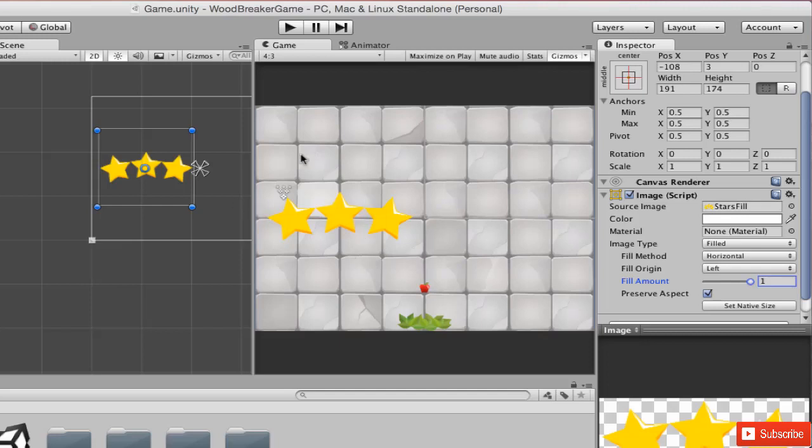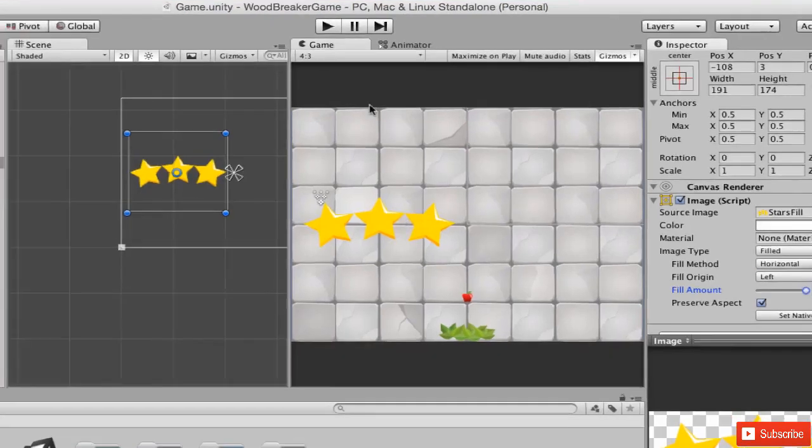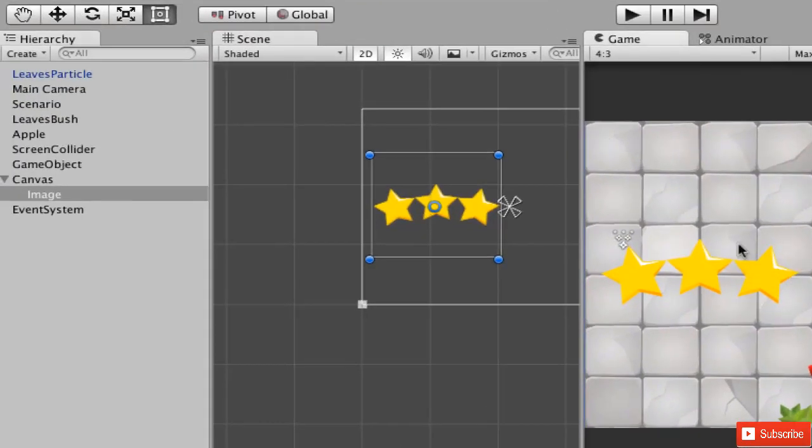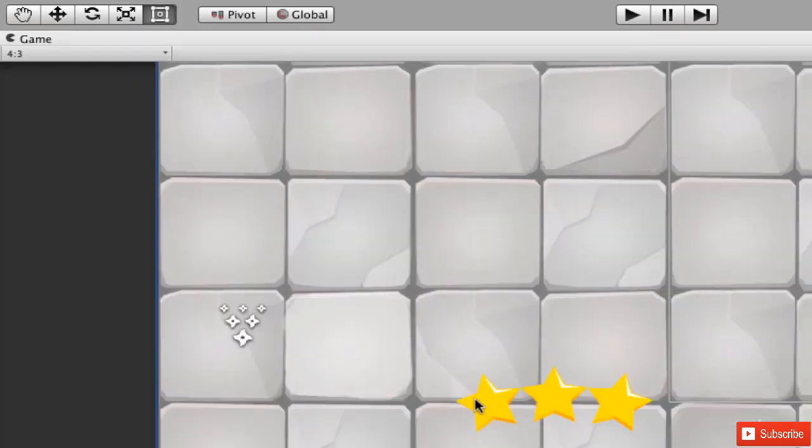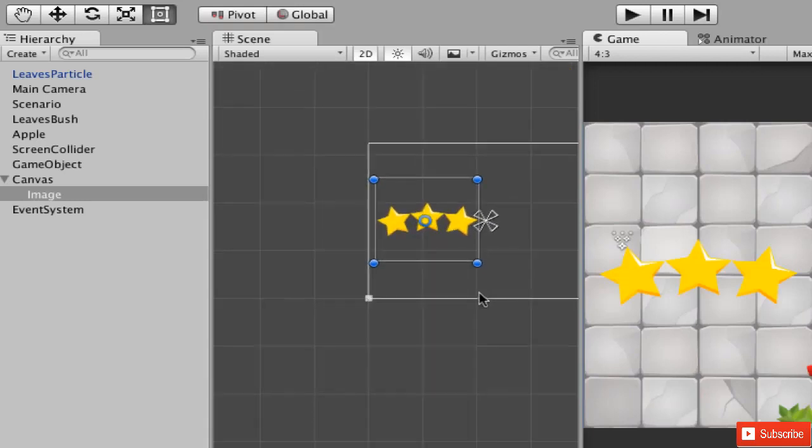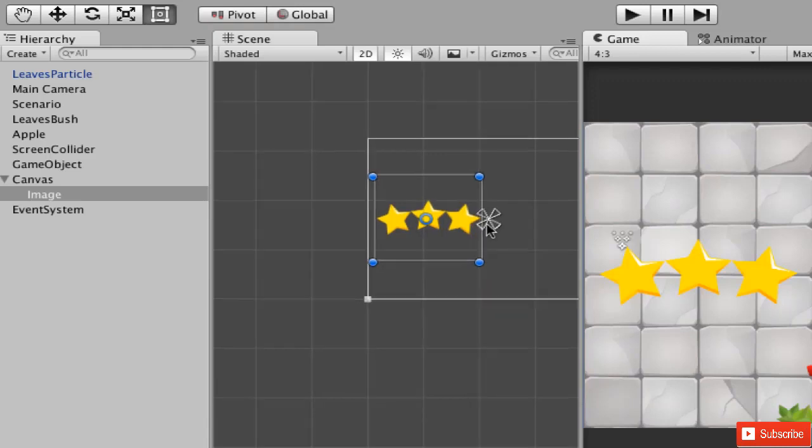For example, it looks nice for this size of the screen that I have here, but in case I put this on full screen by putting my mouse cursor on the game tab and hitting shift space, it gets really small. And there are a few options you can use to bypass this, and they have to do with this anchor here. So this anchor here, there are basically 4 points here for pickers, and the area inside